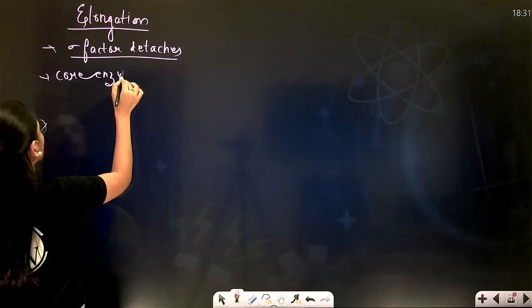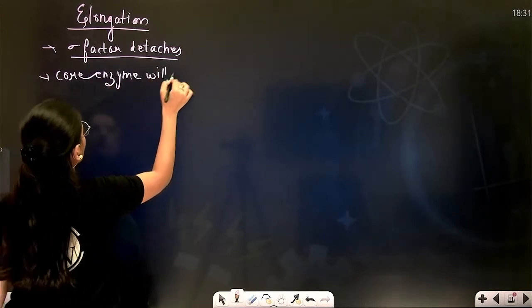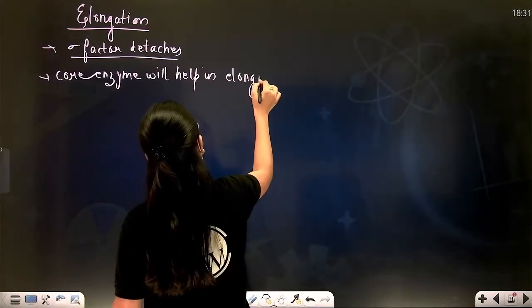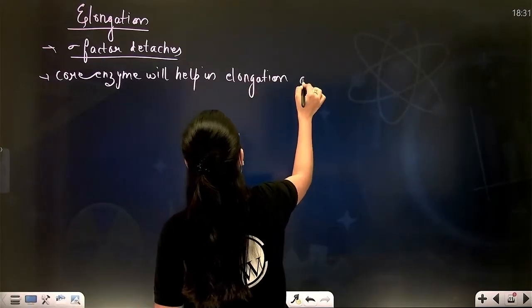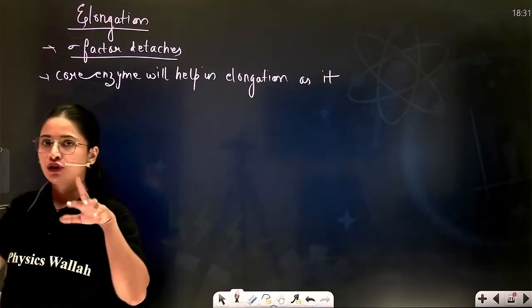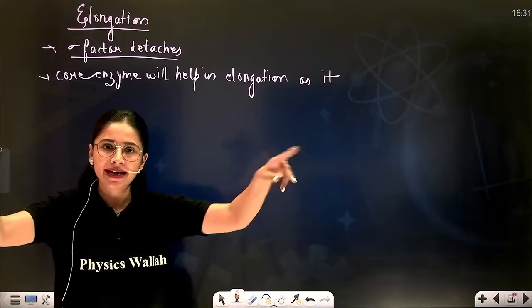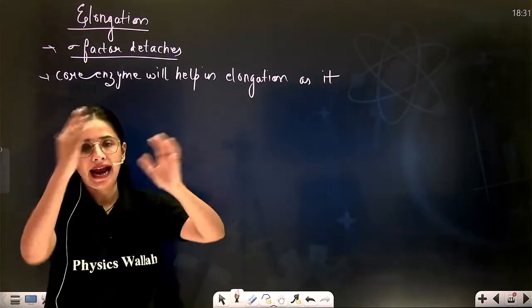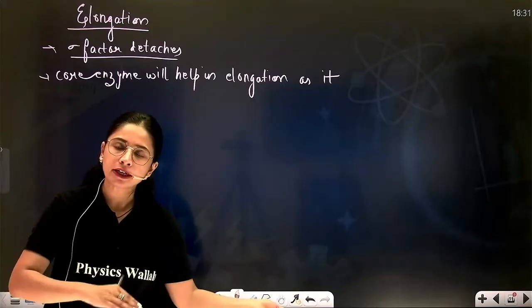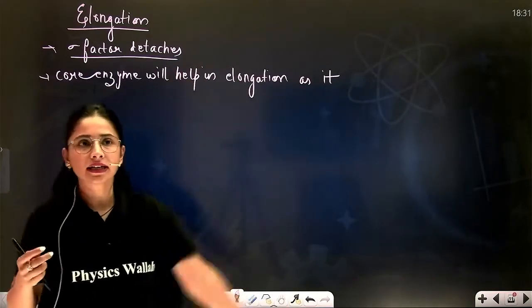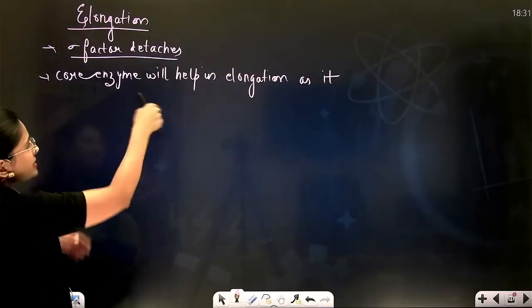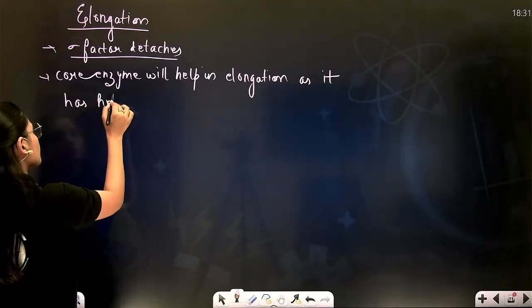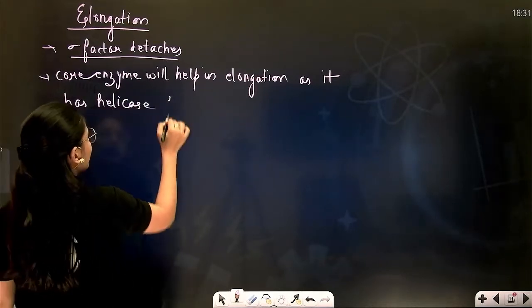Core enzyme will help in elongation. How? As it has helicase property, it will keep on unwinding the DNA duplex, will make the DNA single-stranded, will read the template strand, will add the nucleoside triphosphate complementary to the template strand, and will continue the process. So core enzyme will help in elongation as it has helicase property,